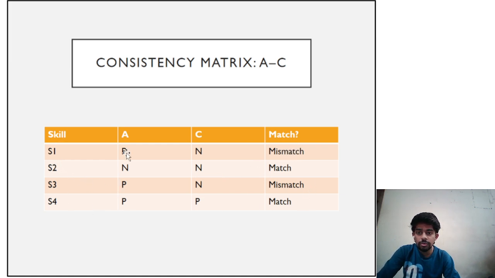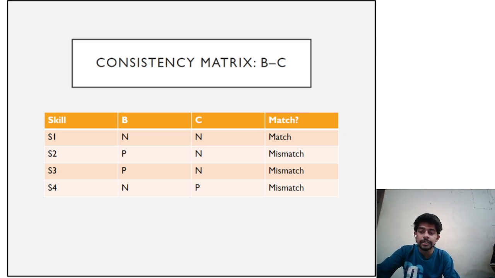And in skill 4, A has P, C has P, which is a match. So in AC consistency matrices, we have two mismatches out of four. Let's also remember this and continue and construct a consistency matrix for B and C. In B and C, there are three mismatches out of four. We can see here. Likewise,